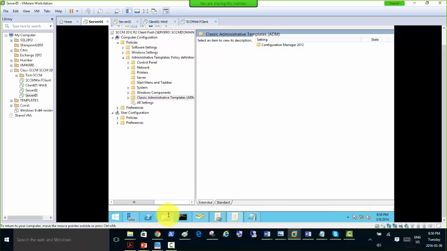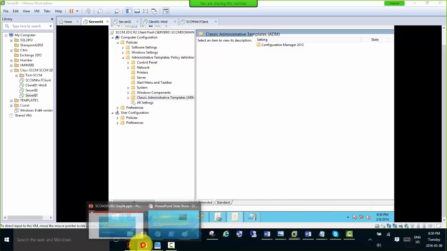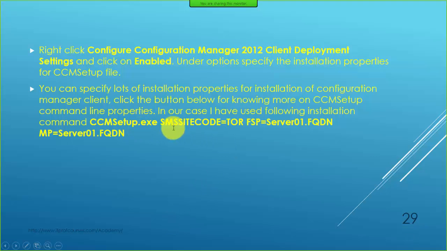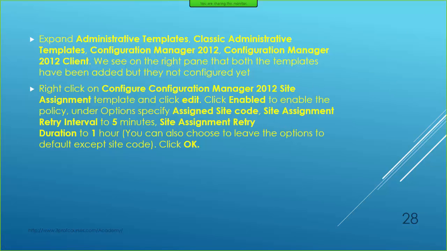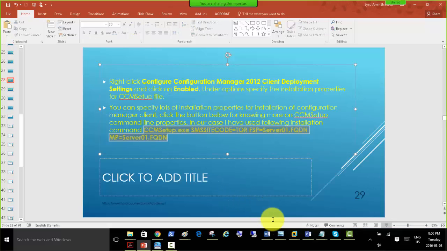I'm just gonna go and grab that. Let's just check the slide as well. So there's that code that we put. Oh, we already demonstrated that. So okay, there is that. CCM setup .msi I need to grab. So we're just going to